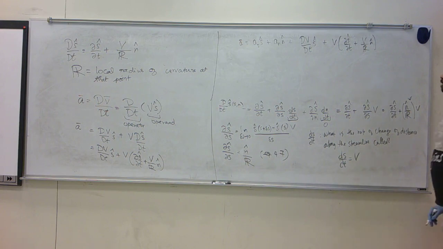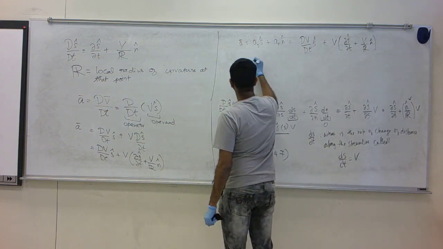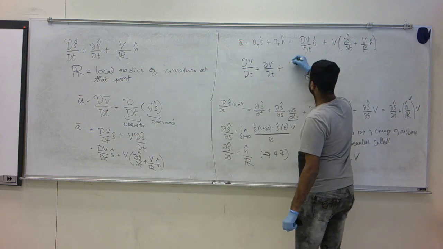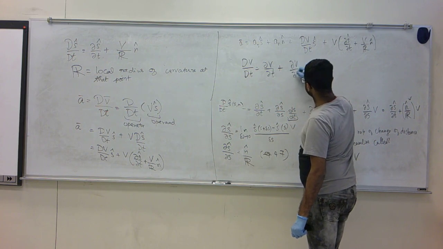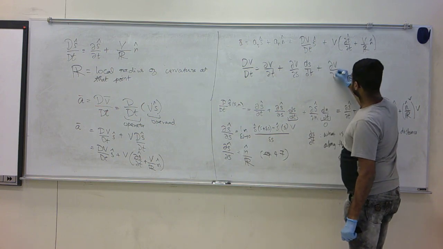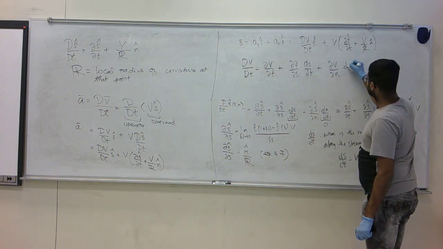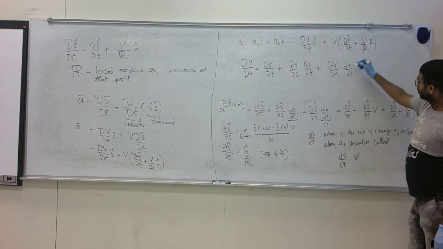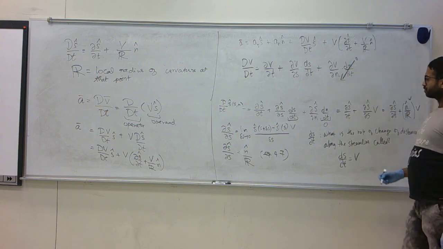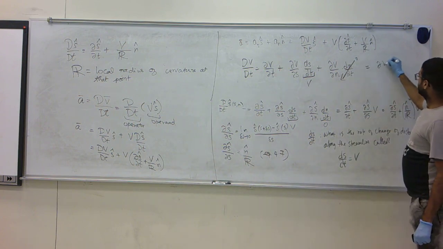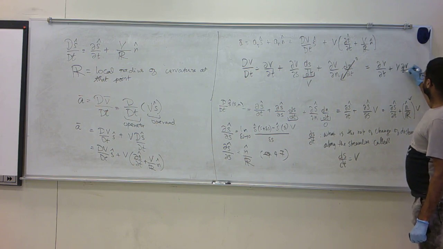Okay. Now think about dv over dt. dv over dt will be the partial derivative with respect to time plus dv over ds times ds over dt plus dv over dn times dn over dt. Like we argued before, this is 0. This would be the magnitude of the velocity. So this is going to be dv over dt plus v dv over ds.